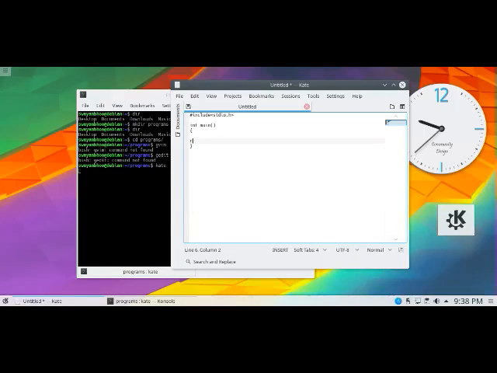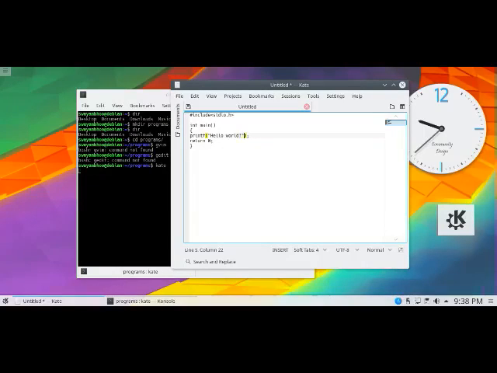Since we have used int, we give a return 0, and inside we want to print the very first program. This is historically the very first program, which has been written by Cunningham. So let's write that as hello world